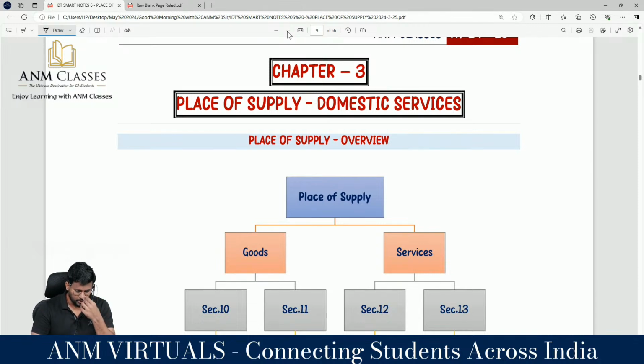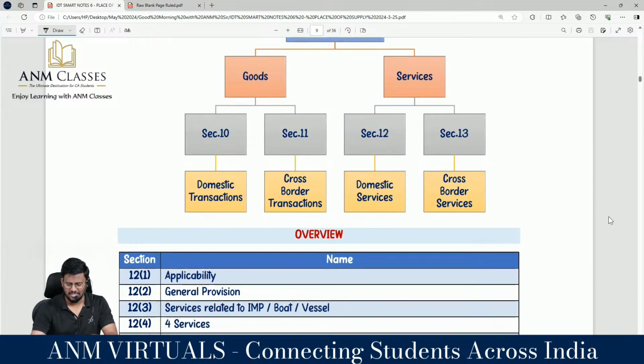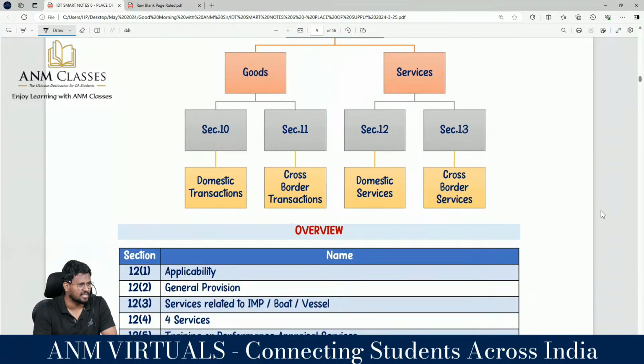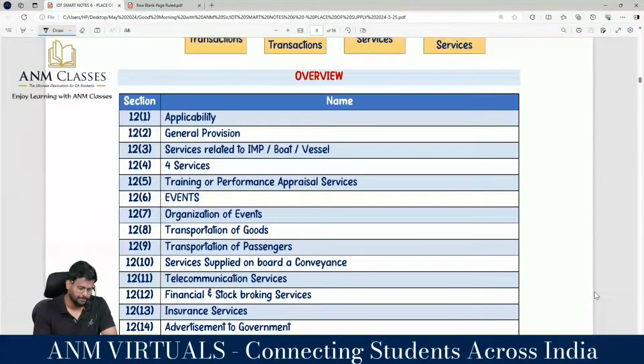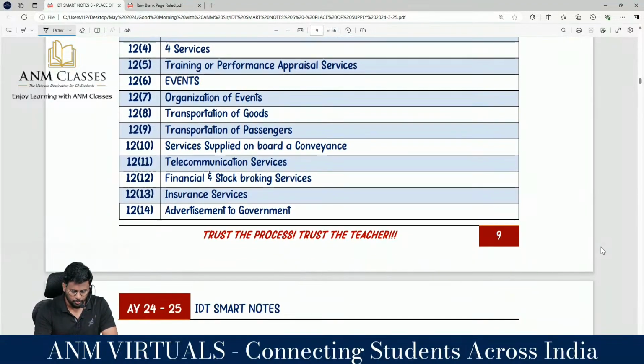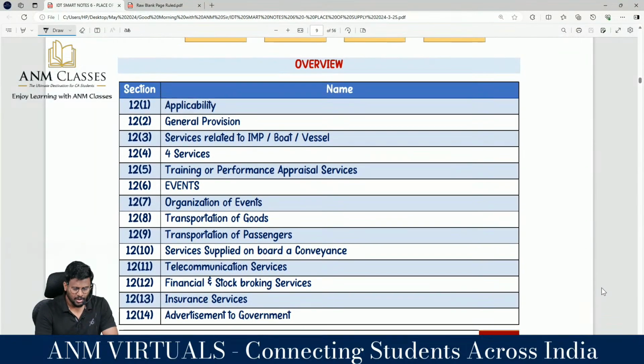My dear lovable students, place of supply of services is the target. In that, section 12 is for domestic services, correct? Yes, sir. Which is applicable now for both inter and intra-state, whereas section 13 is applicable only for international. Section 12.1 is applicability, 12.2 general provision, 12.3 services relating to immovable property, boat or vessel, 12.4 for